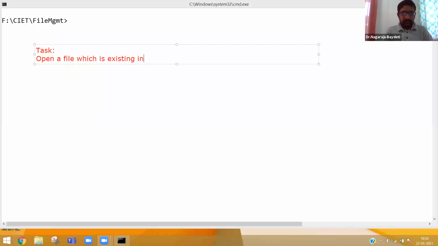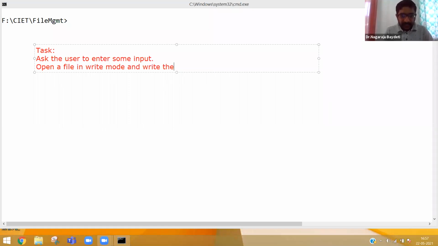Okay, task is: ask the user to enter some input. The user can enter anything, integer, floating point, whatever it is, some input. Open a file in write mode and write the user input in that file.